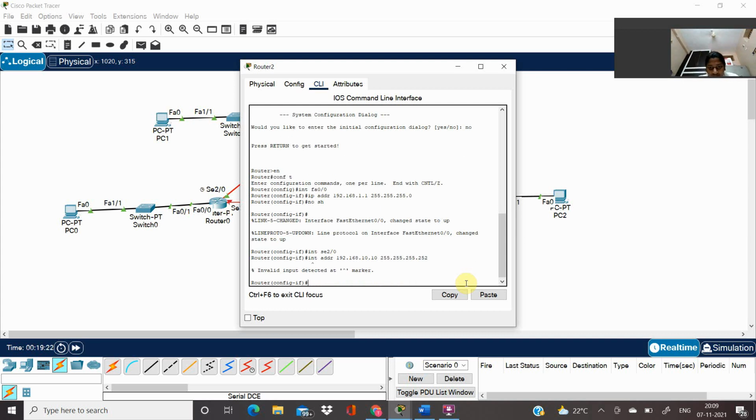It's showing invalid detected mark. No shutdown.